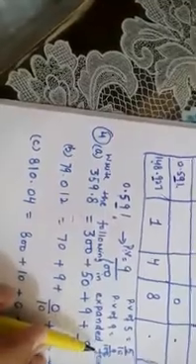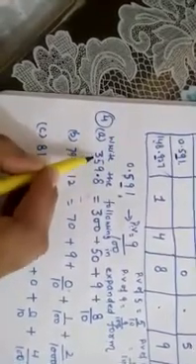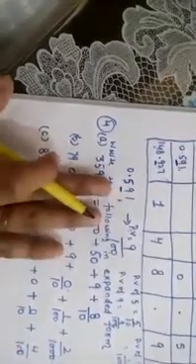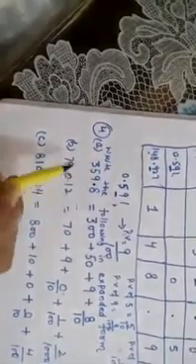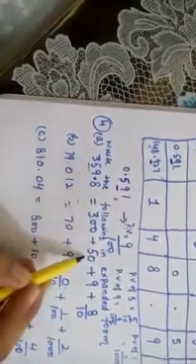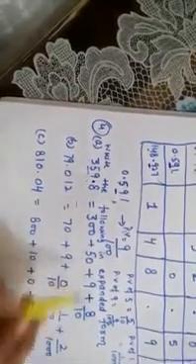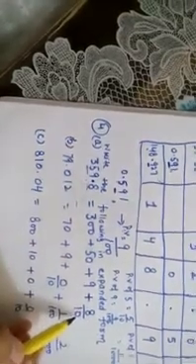So the fourth part is there: write the following in expanded form. You have done this in your 5th class also, how to write in expanded form. Before the decimal, the same way you will write 359.8. So before the decimal we see 359. The 3 has 2 digits after it, the 5 and 9, so we will write 300. Then the 5 has 1 digit after it, so we write 50, and 9 as it is. Then in place of the decimal we will put a plus sign again. After the decimal, this 8 is at the first position, so 8 by 10.